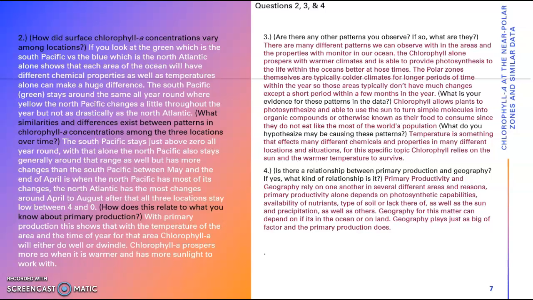There are many different patterns we can observe within these areas and the properties with monitoring our ocean. The chlorophyll alone prospers with warmer climates and is able to provide photosynthesis to the life within the oceans